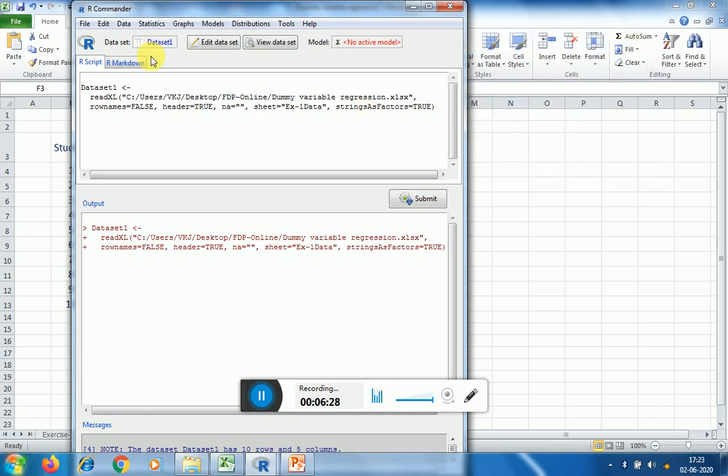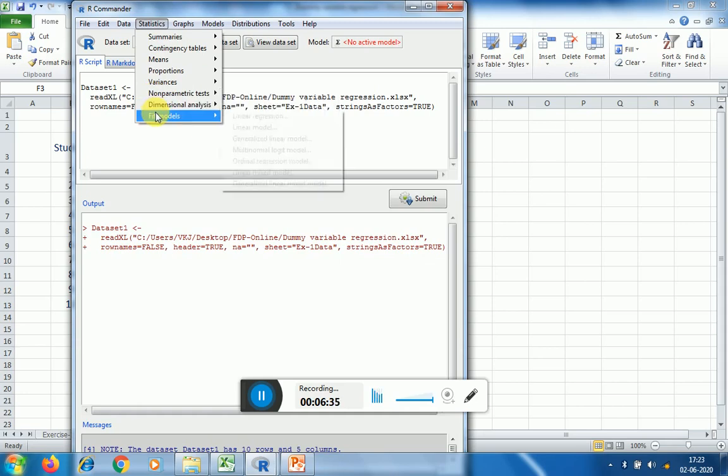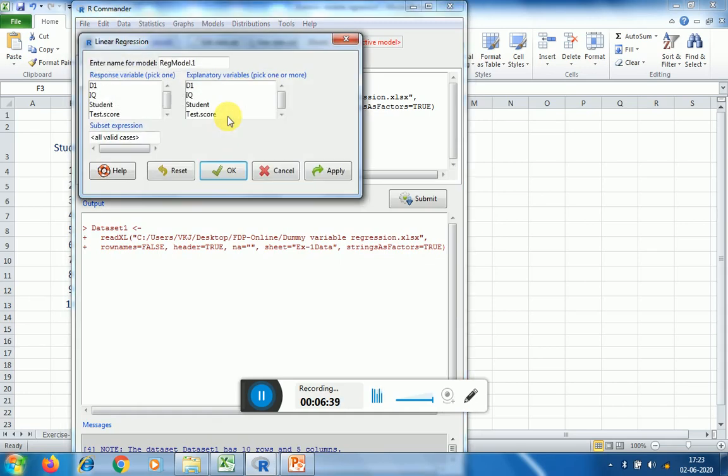Now we can do this analysis by two different methods. First of all, you can directly go into statistics, fit model and regression model.